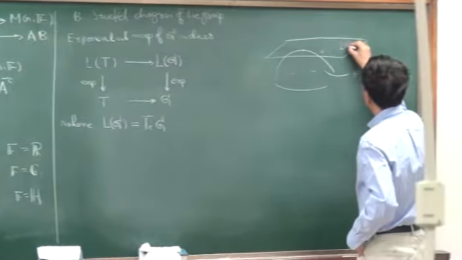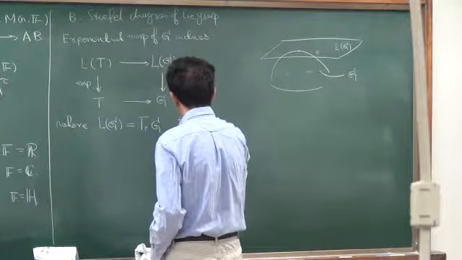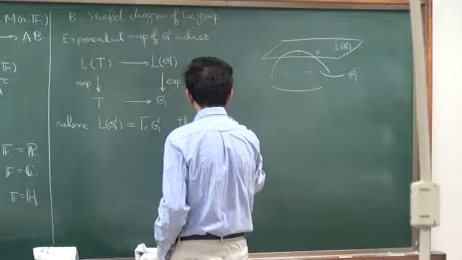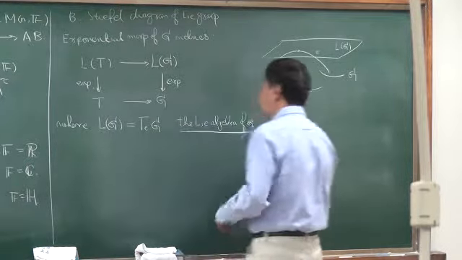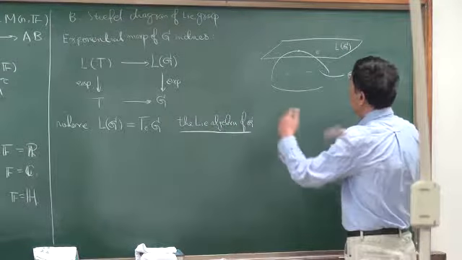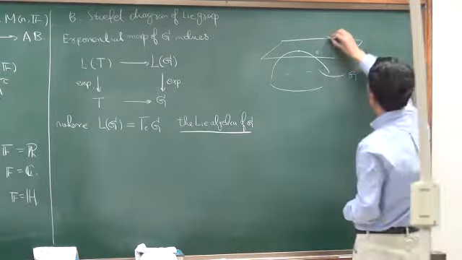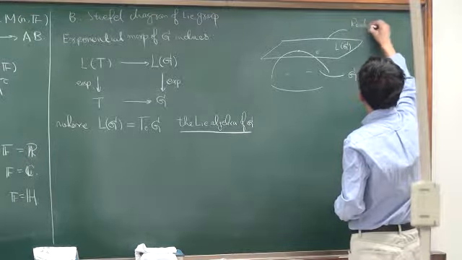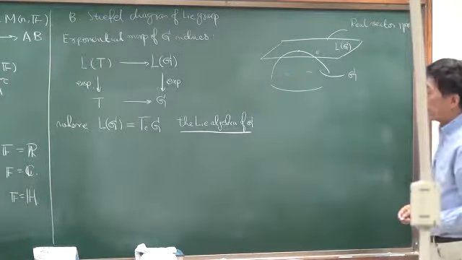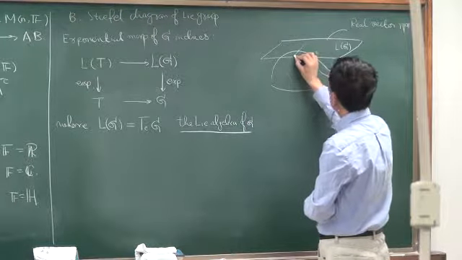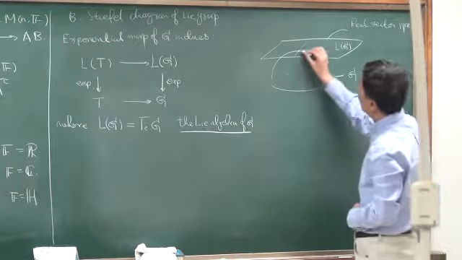In Lie group theory, this is sometimes also called the Lie algebra of G. But we don't need this Lie algebra structure. We need the structure of this as a real vector space. We will consider this as a real vector space. The exponential map simply maps each line passing through the origin of this vector space to the unique geodesics